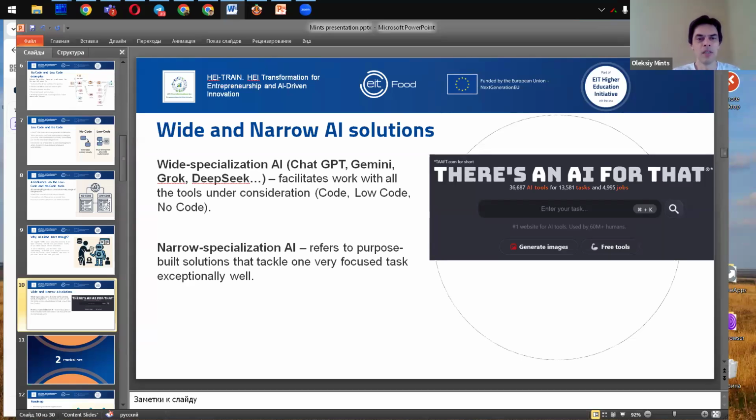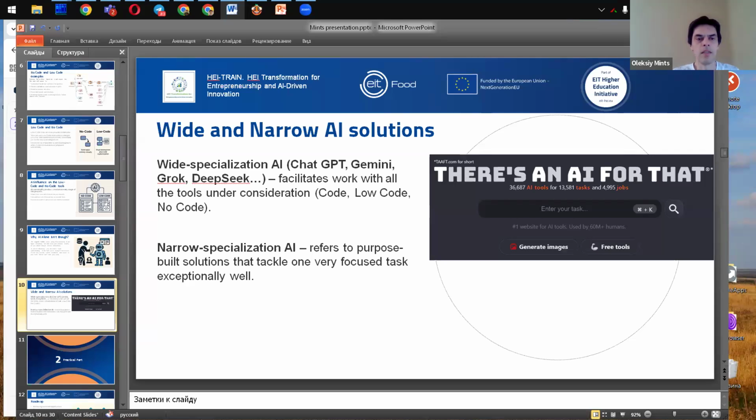In addition, it's now possible to install a large language model locally. Even on a medium-level computer, you can run a model that is comparable in capabilities to ChatGPT when it first appeared, and even more.